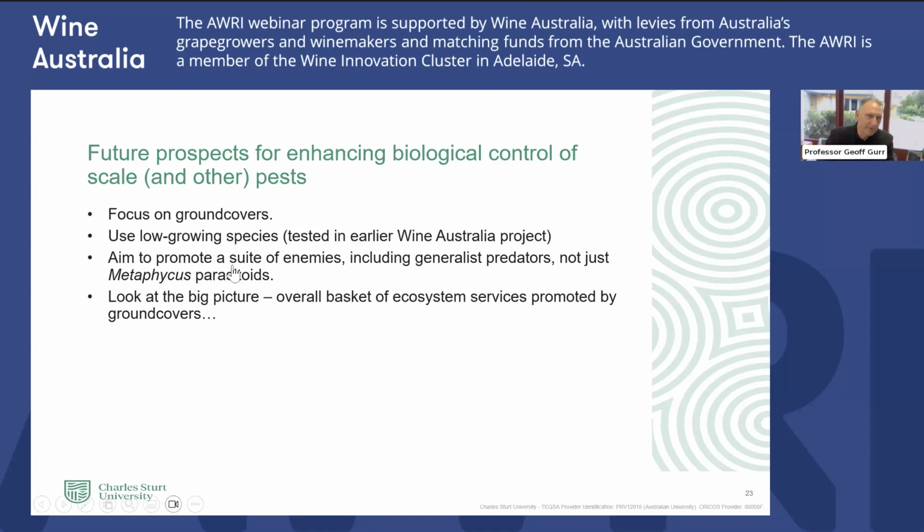So I think a focus on ground covers is worthwhile, but I would recommend using low-growing species, such as those tested in that earlier Wine Australia project, and to aim to promote a suite of natural enemies, including generalist predators and not just parasitoids like Metaphycus. We also need, I suggest, to look at the big picture, the overall basket of ecosystem services or benefits that potentially can be